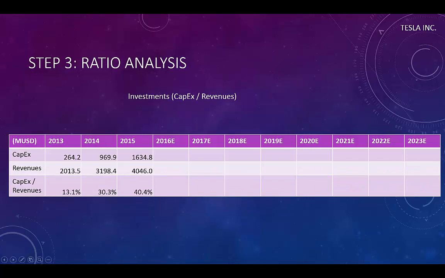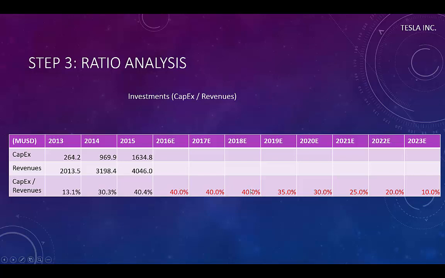Next, we continue with the investments in fixed assets, or the capital expenditures, or CapEx for short. Again, we measure the historical CapEx compared to the revenues. We calculate a ratio of CapEx to revenues. We see that this ratio has increased over the recent years. This suggests that the company has invested a lot recently. Let's assume that Tesla continues to make substantial investments in the near future. The company has been quite successful with its product, and it makes sense that the management wants to capitalize on this success and grow rapidly.